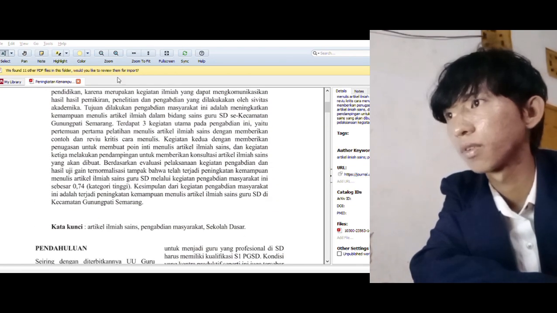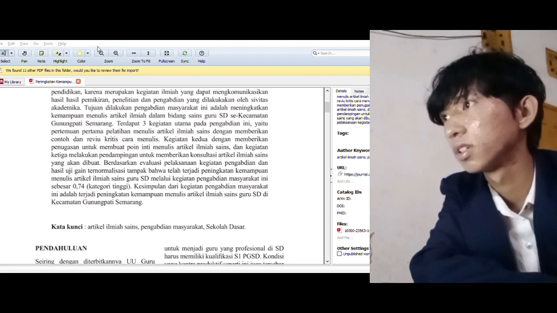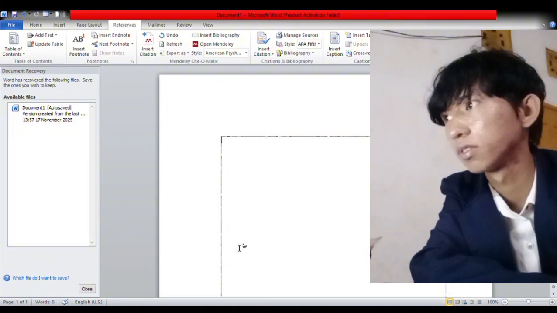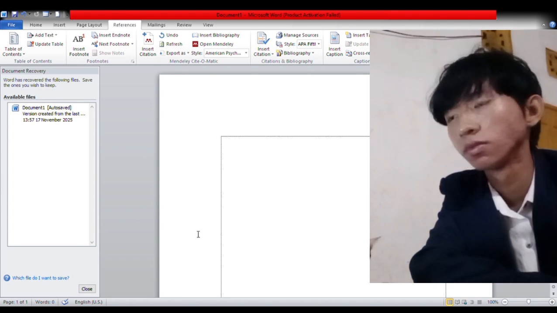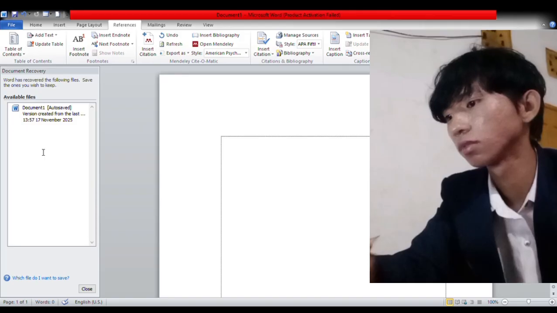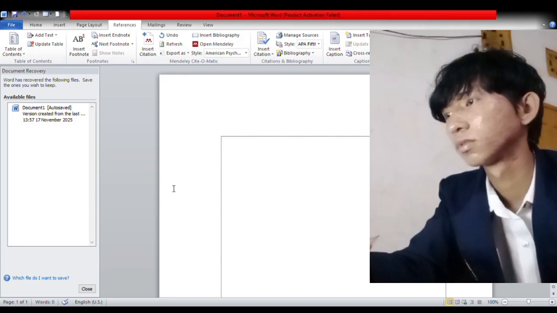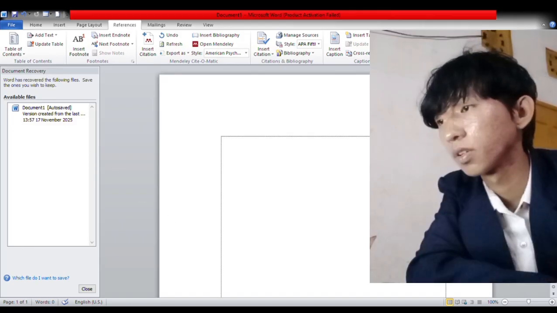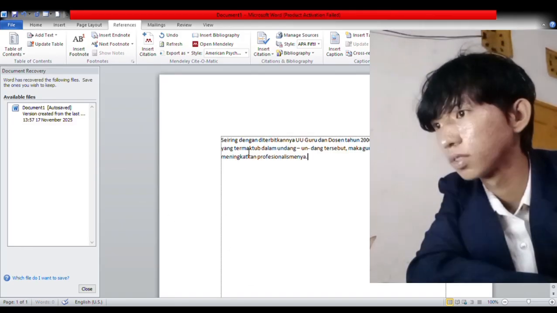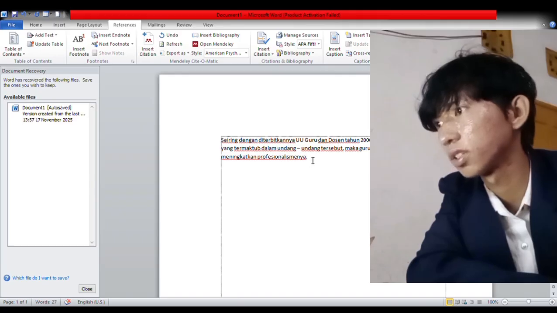And after that, open your Word and go to References, Insert Citation. Go to References, and you can choose what you want to use for the citation like this.